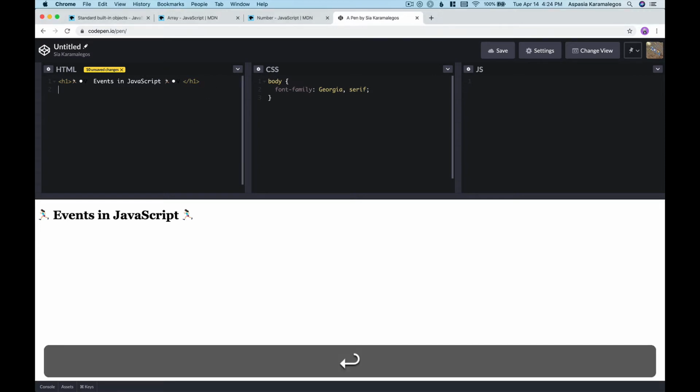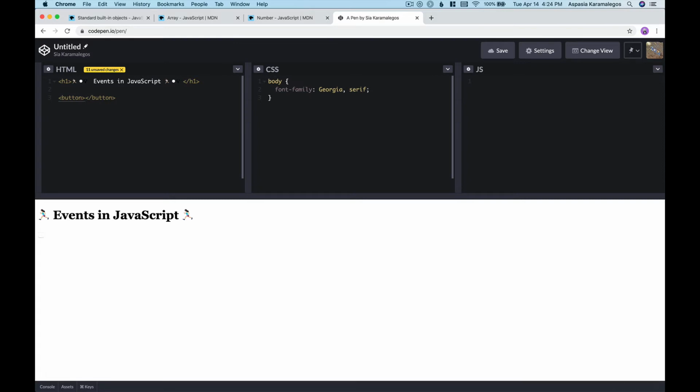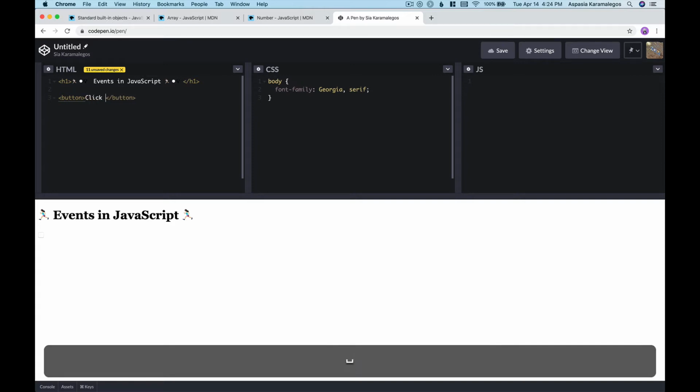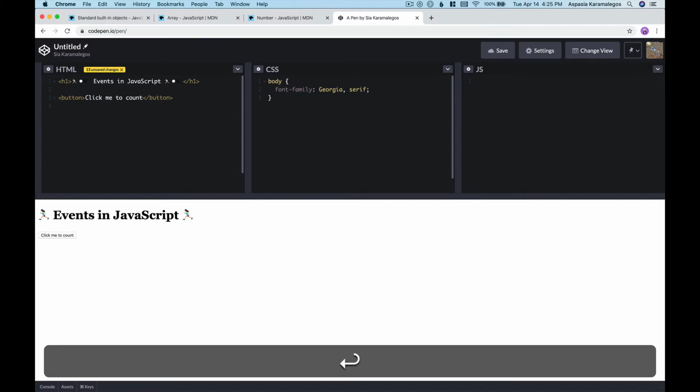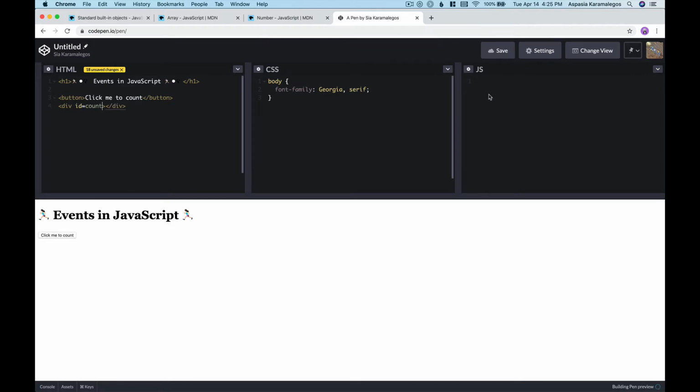So what I can do is have a button, and I can say "click me to count." And then in my JavaScript, well, first let's do a div, and this is going to have an ID of count. All right, so in my JavaScript,